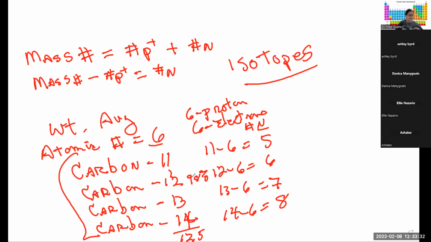Yeah, sorry about that. All right, so out in nature, there's about 98% of the isotope carbon. The 11, the 13, and